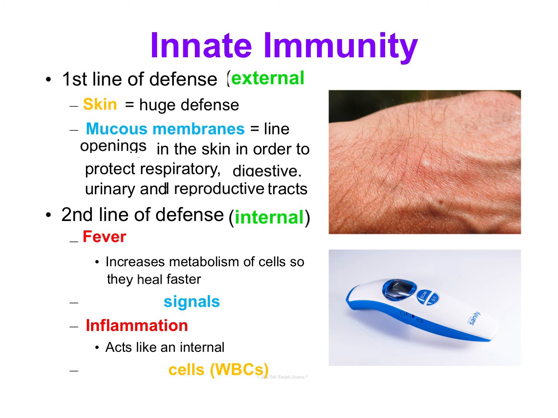And then with that, we also have different chemical signals that happen throughout our body, and these are part of our internal defense system. And then inflammation, this is a big one, and it acts as sort of an internal fire alarm. It works by drawing attention to where your problem is, and it's going to bring other things into that area. Inflammation is going to swell and bring in more blood and all these other things. So it's letting that area know something is wrong. And then lastly, we have our defense cells, which are things like our white blood cells.